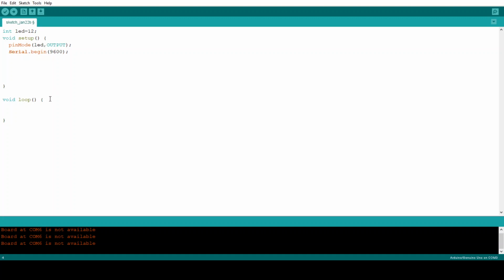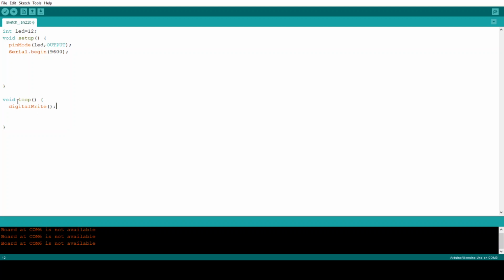Then in the loop we have to write the repeated code. So here I have to write the digitalWrite code.